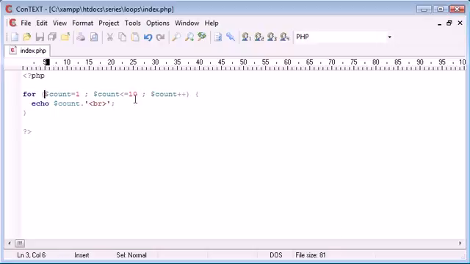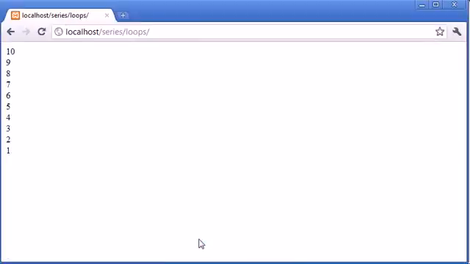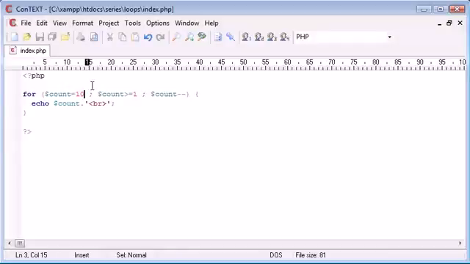It's neater as well. If I was to just simply change that to greater than, this to minus, so that's decrementing it, this to 1 and this to 10, now what we're doing is we're counting from 10 to 1. So we've just changed the three parts of each expression around, where we're saying count is equal to 10 initially, while count is smaller than, or sorry, greater than or equal to 1,